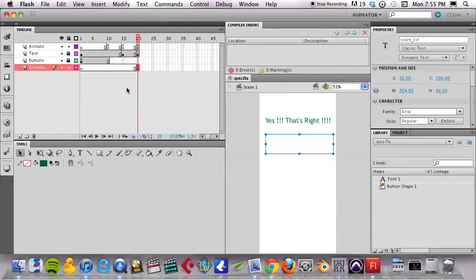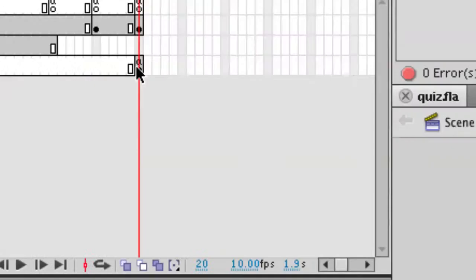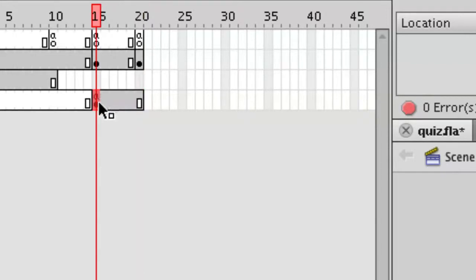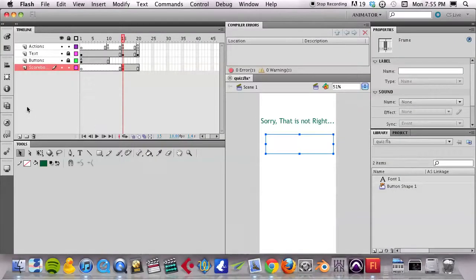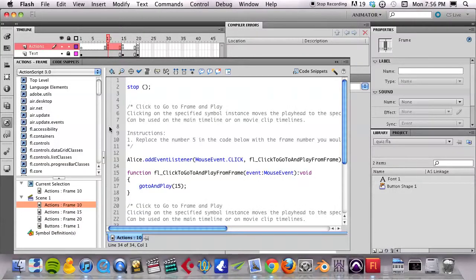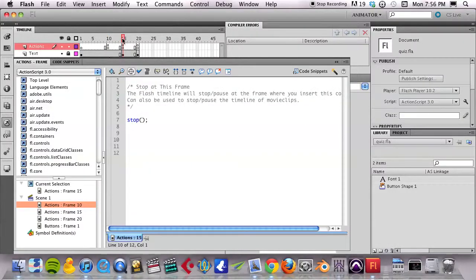Okay, so right now that score underscore txt only exists on frame 20. We want it to exist on frame 15 also, so I'm just going to drag that back to frame 15. Okay. And I'm not sure why I have any action script at all there. You shouldn't. I don't think you do, probably. Frame 15. Now,